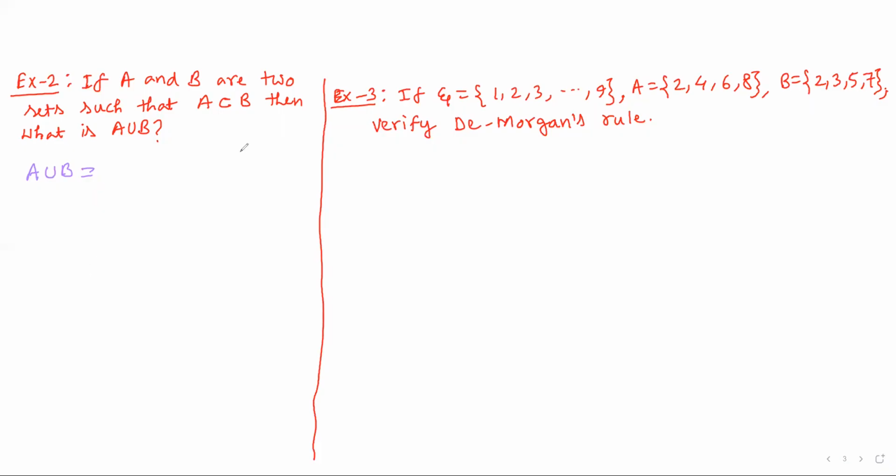If you draw the Venn diagram, then it will be clear. So suppose this is the universal set S. Now here I am taking this as the B set, one circle. Now A is a proper subset of B, this is given, that means the A set is totally contained in the B set. So within the B set, we have to consider the A set. So this is the Venn diagram of these conditions.